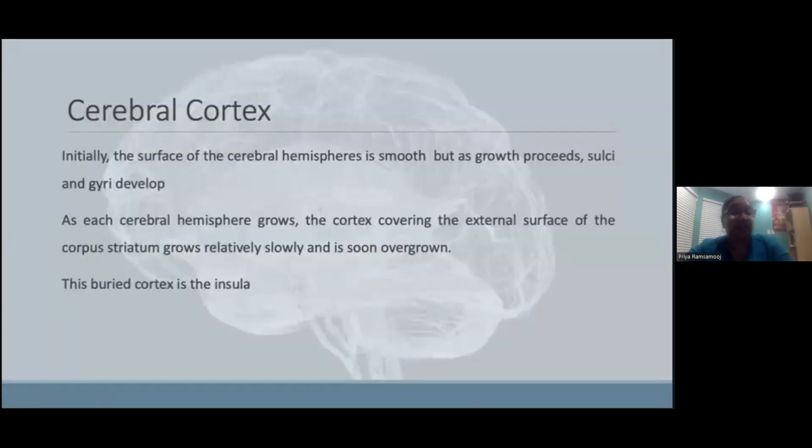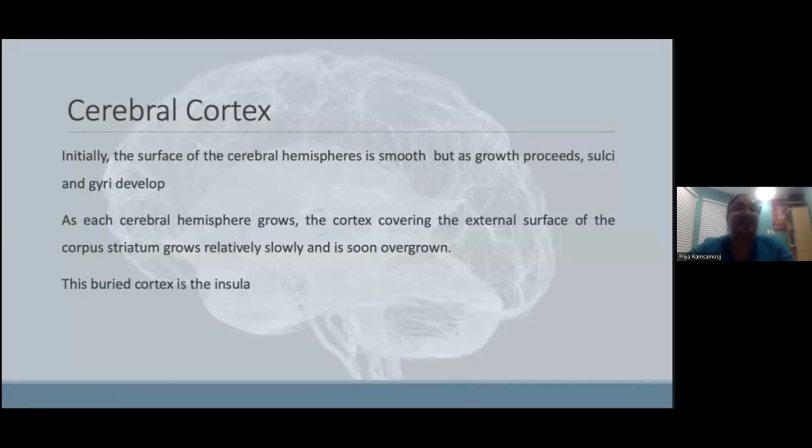Now, still on the cerebral cortex, we know that the surface, as we would have seen in a few pictures back, the surface of the cerebral hemispheres is smooth. But as growth proceeds, you're going to have sulci and gyri developing. And we know sulci are the grooves between your gyri. Your gyri tend to be those tortuous convolutions that you see, and that occurs because of infoldings of the cerebral